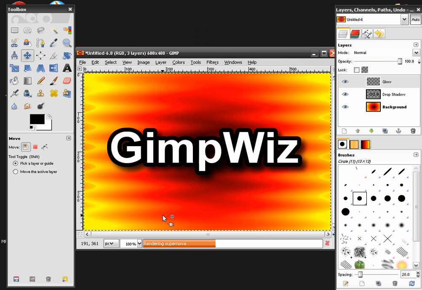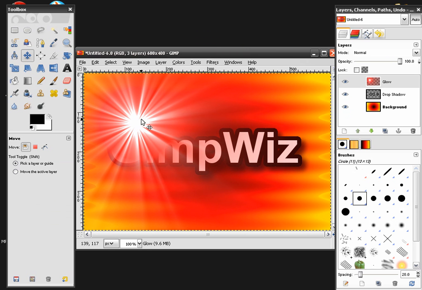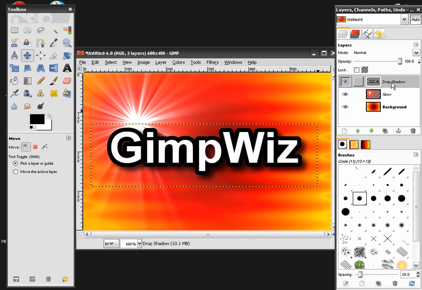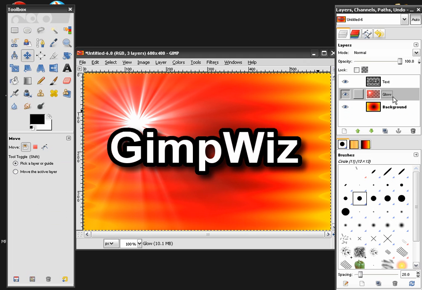And hit OK. And now you can see it might be in front. If that happens, go over to your layer box and click it and drag it under your text. And then it will go under your text instead of in front. And you can rename your text. I guess it named to drop shadow after you merged it down. I'm going to name mine to text again. Alright, we'll fix that problem. Now you have your glow,